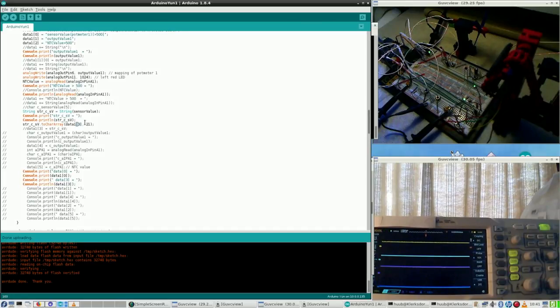So why is this character array not filled? Because that is the problem right now. I am doing here exactly the same as I'm doing here, which is data 0, data 0. Here I print on screen data 0 and this is the content, and here I do exactly the same. But this is having content, this is being empty. Or at least I can't see what it is. But why? And here is where it goes wrong.